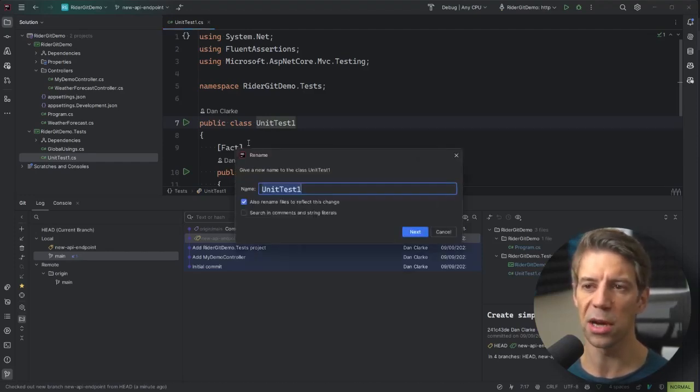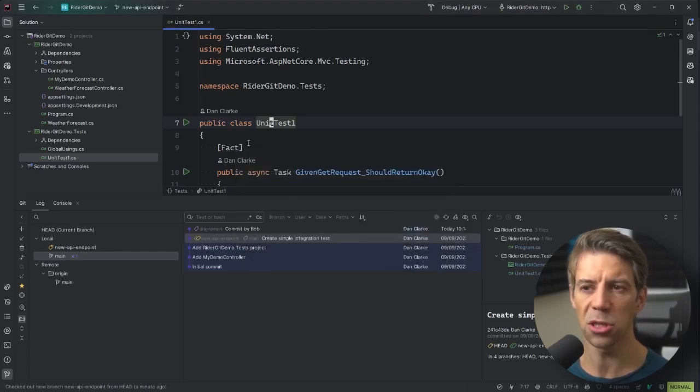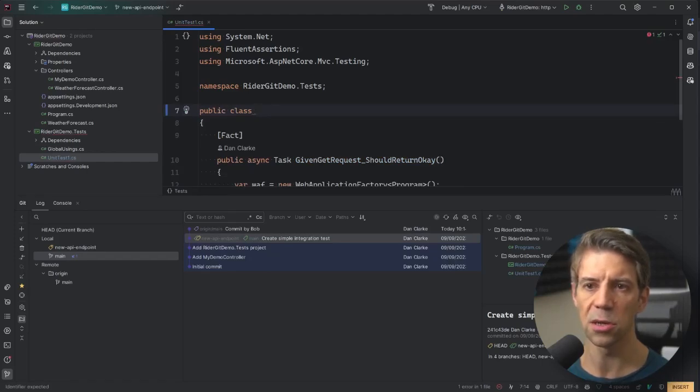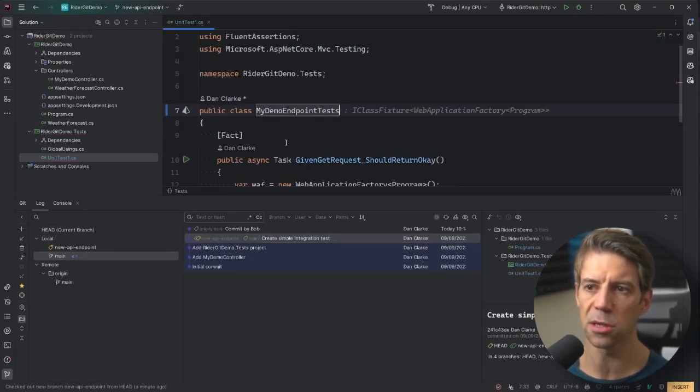Now I can do Control RR and rename it here, just to quickly show you a different refactor, which I don't think I showed you earlier on in the course. If we actually just change it manually, let's call it my demo endpoint test, because that's what the controller is called. Then if I'd done Control RR, it would have intelligently renamed the class and the file name and all